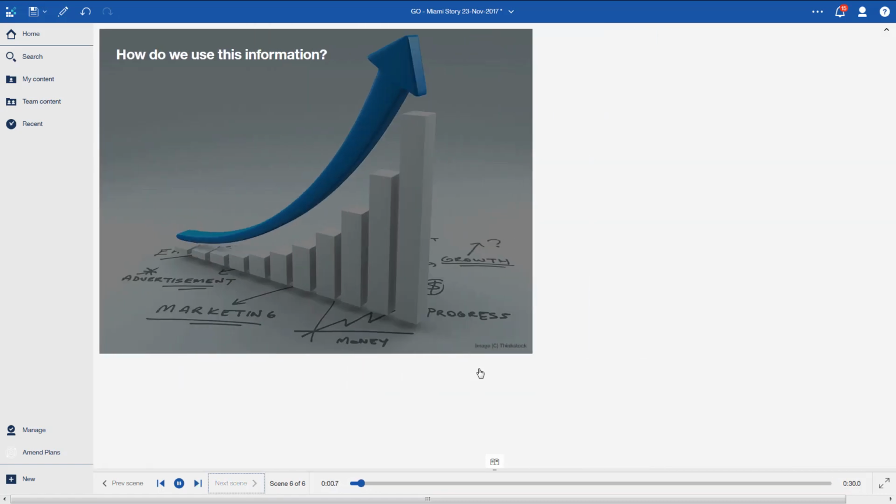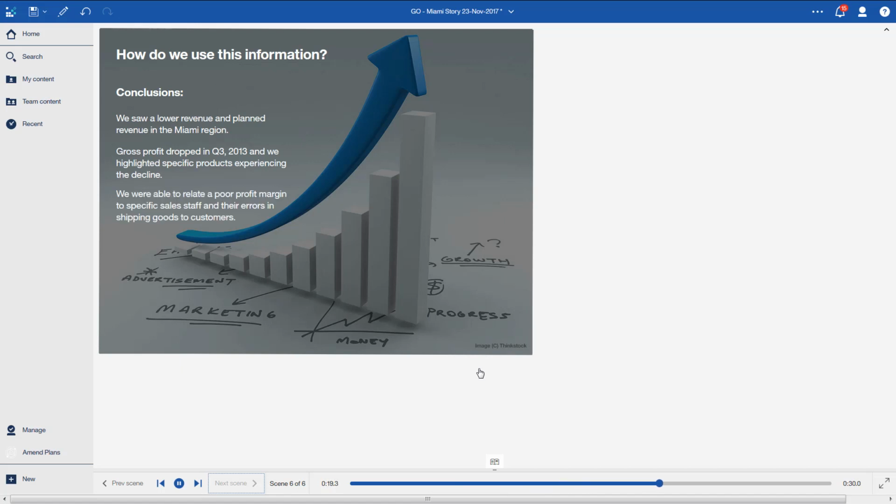So the question is, how do we use this information to drive the business forward? So we saw a lower revenue and planned revenue in the Miami region. Our gross profit had dropped in Q3 and we highlighted specific products experiencing the decline. We were able to relate a poor profit margin to specific sales staff and their errors in shipping goods to